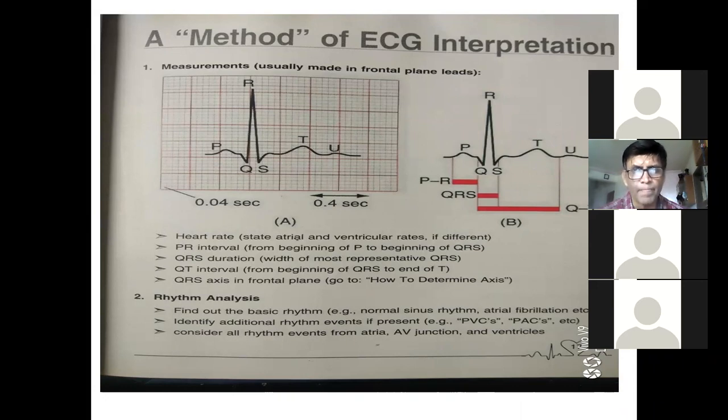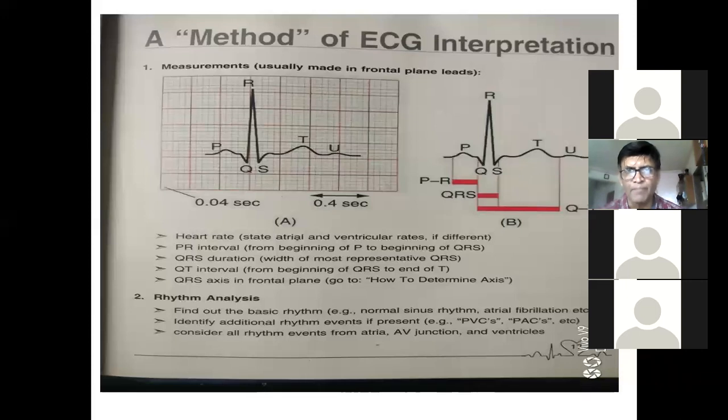Sir, one small question. Sir, the ST between them, the ST will also be there in this, no, sir? ST is a segment. ST is a segment which is normally supposed to be on the straight line. So with ischemic changes it either goes up or goes down. For example, when there is an infarction, there is ST elevation. You don't measure ST as a distance. If you see in the report, what the cardiologist writes, they write ST depression or elevation. Is it clear? I will tell you that later. STEMI. Okay, sir.